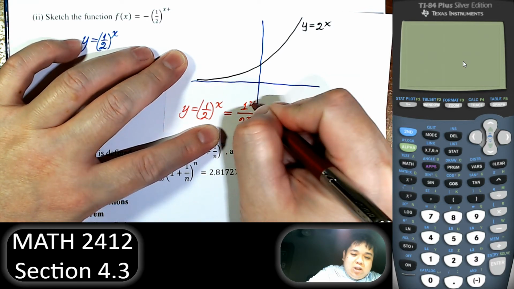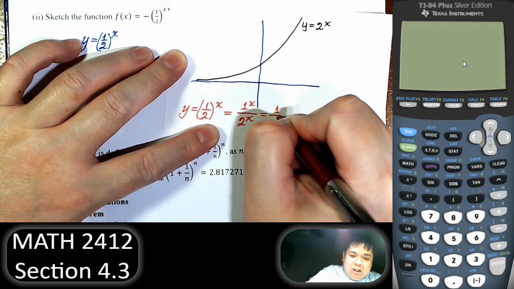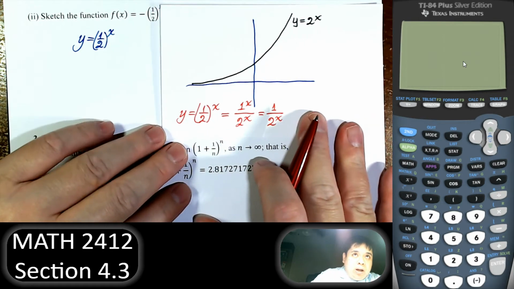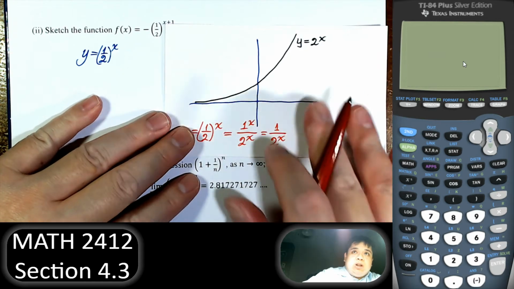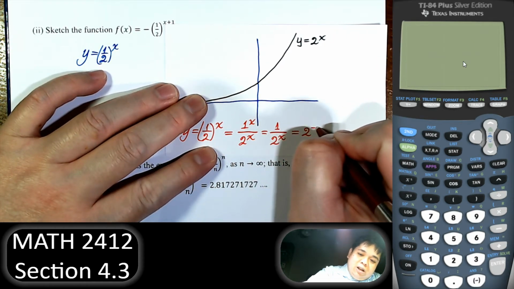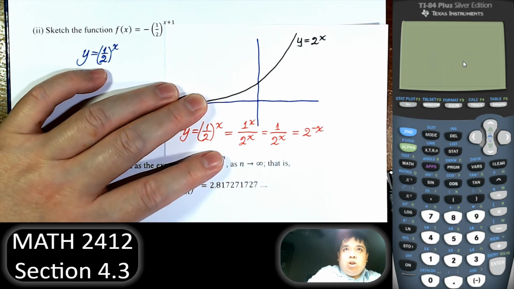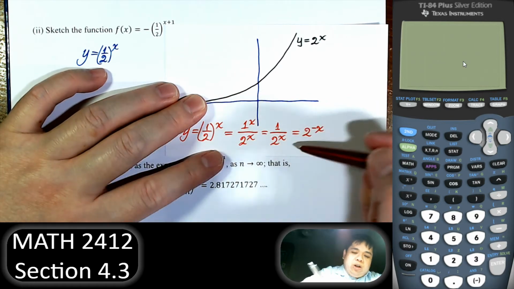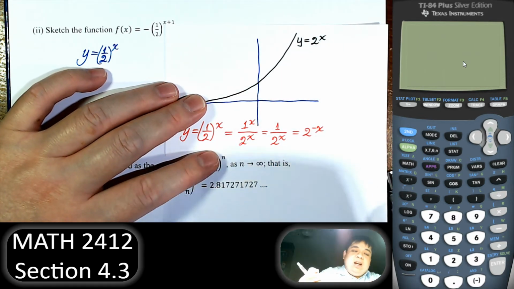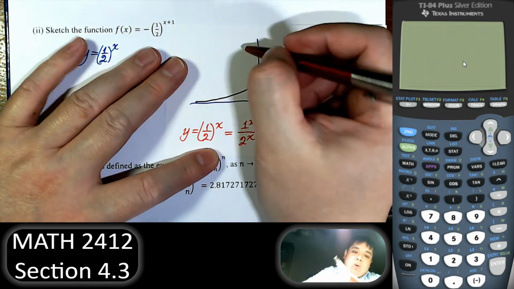That means we have 1 to the x power over 2 to the x power. Now 1 raised to any power is still 1, so we have 2 to the x in the denominator. If we move it to the top, across the line, we change the sign: 2 to negative x. So the graph of 2 to the x and 2 to negative x, pretty much we change the sign of x. Therefore, what we have is a horizontal reflection,